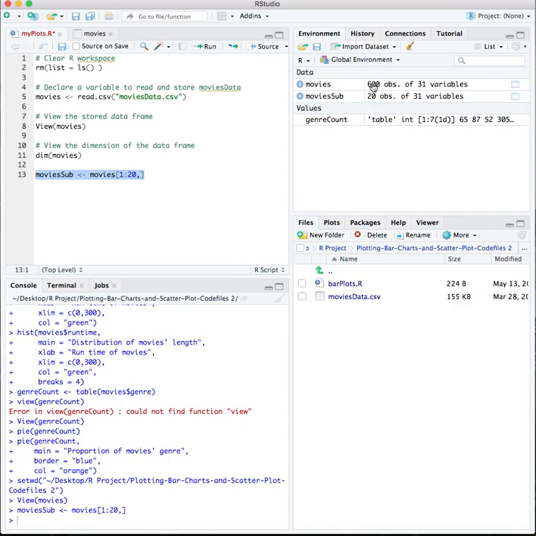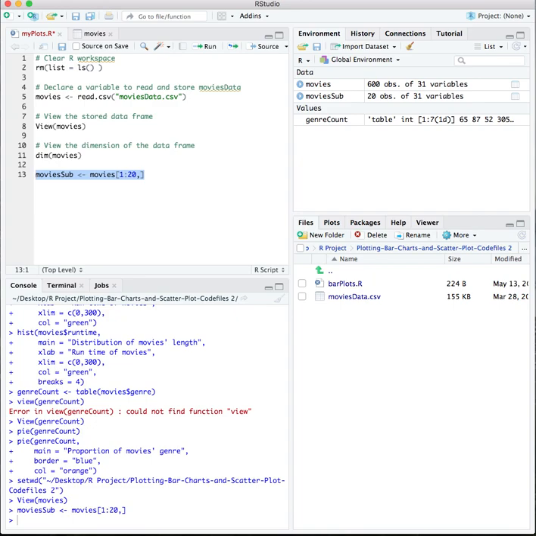This is the master file movies with 600 observations and 31 variables, and we have created a new sub data set, movie_sub, with only 20 observations. For demonstration and explaining purposes, I am slicing the first 20 observations. If not, we can do it for 600 observations also. So it is also possible.